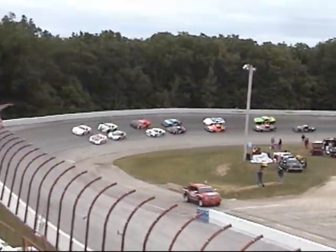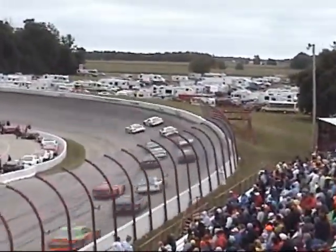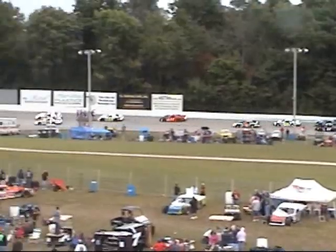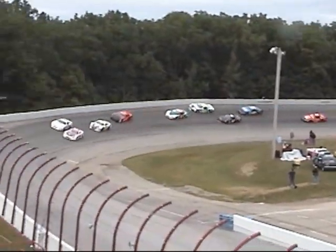Spillers and Atkinson bring them in, and we are underway for this 40-lapper in the Sullivan RV CRA Late Model Sportsman feature. Atkinson inching forward in the outside lane. Spillers stays right there, though. Close call between Sullivan and Lambert. They were bumper to bumper exiting 2. Spillers fights hard into 3. Can't quite clear the 7 of...